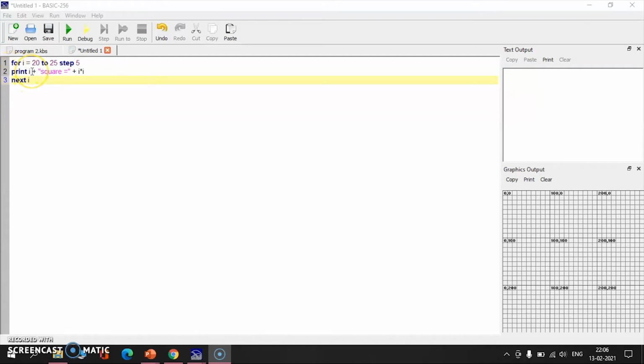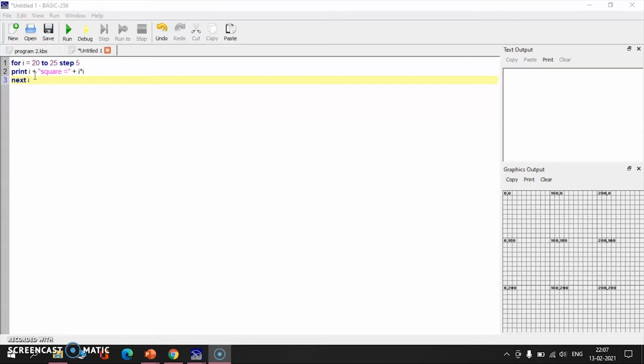Here we are instructing the computer to do the mathematical calculation. So print I, and this plus operator here means concatenation, which means that two statements are combined using this plus operator, which we have learnt in your 6th standard.